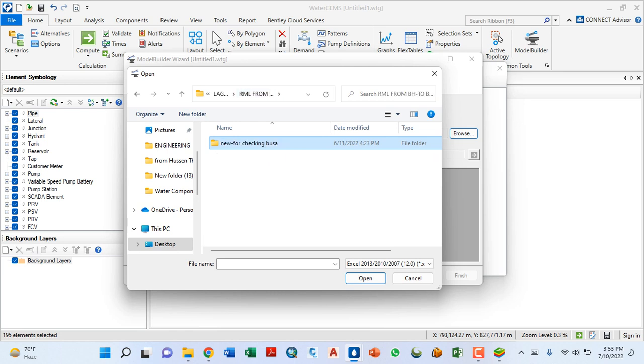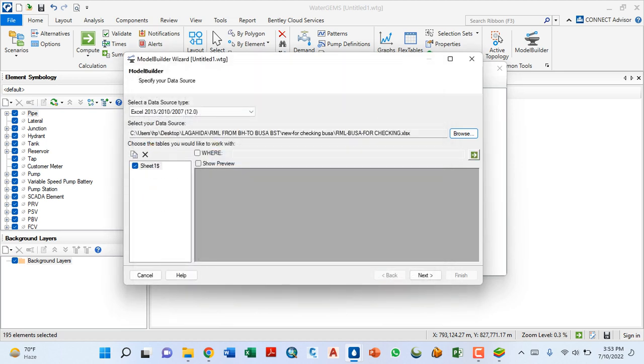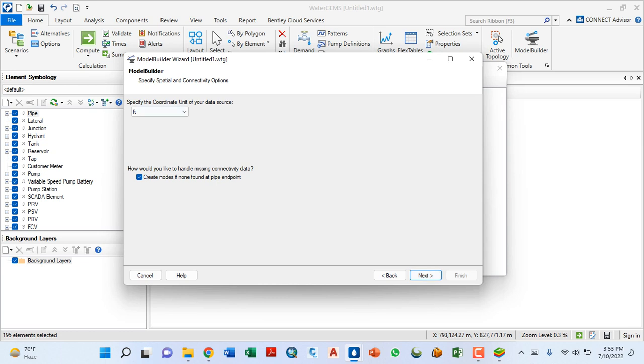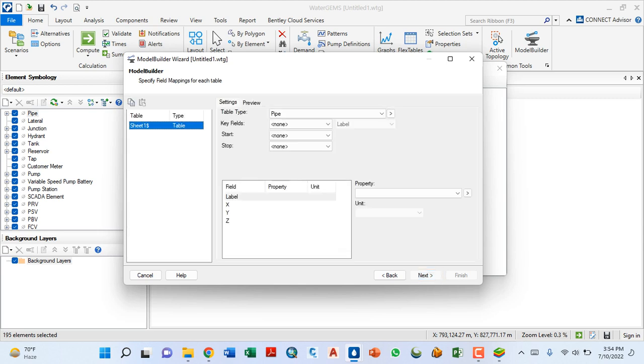Then it will see it. I'm already trying, but it will see it. And the file is called RM rising main line for Busa. Busa is the location. Then next, this is in meters. Next and next. We have imported only the coordinates X, Y, Z, which means we are going to label only for